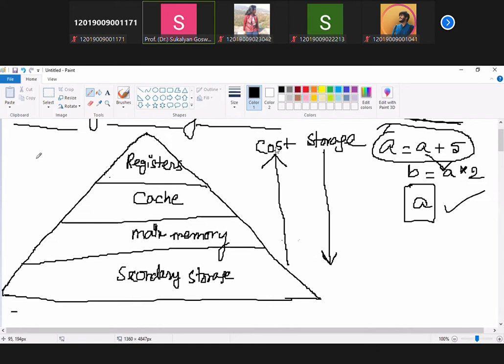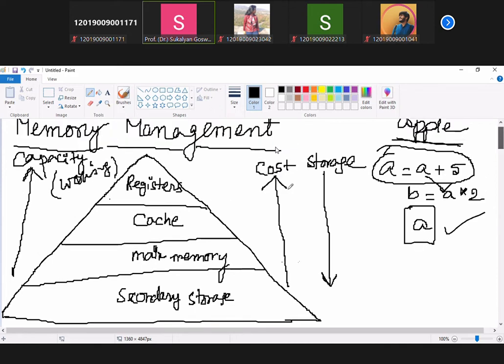And the working capacity is the most at the top. Capacity does not mean storage. Storage is different. So this is your memory hierarchy. Now, if you look at the memory hierarchy, you see